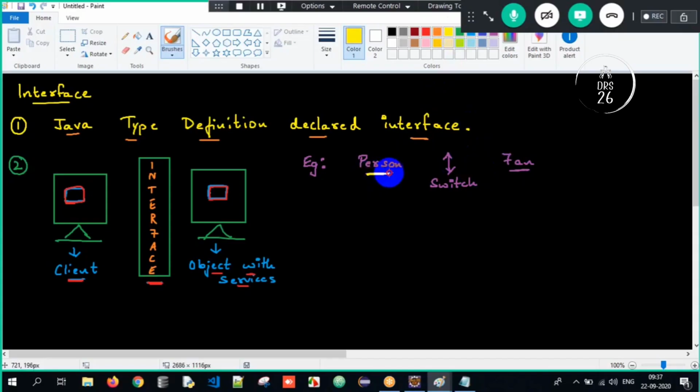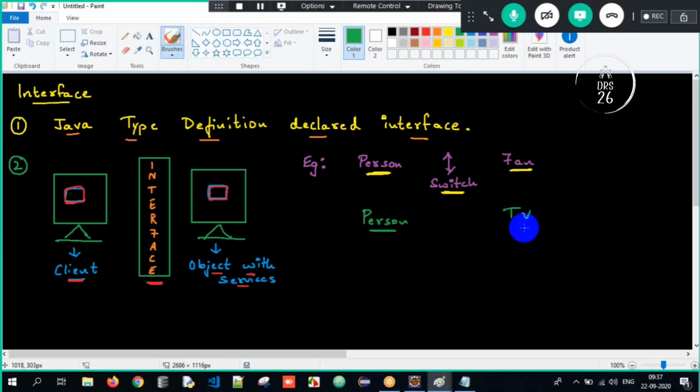Similarly, the person wants to switch on or switch off the fan, so there's a medium, an interface between them. It's the switch. Similarly, there is a person and there is a television.